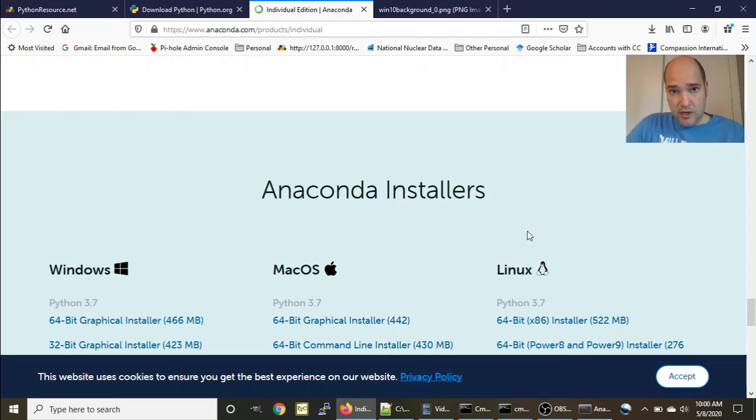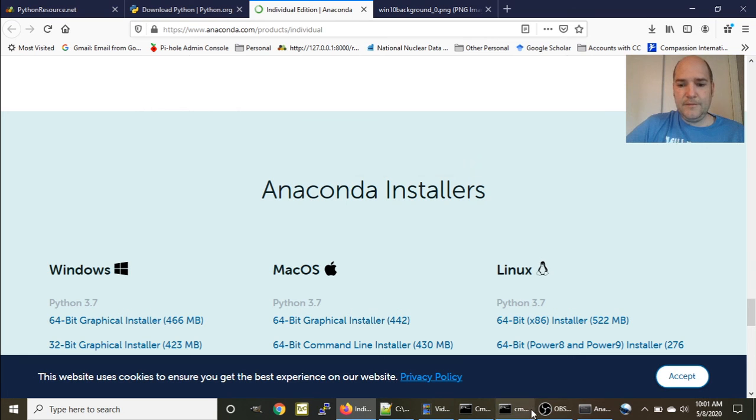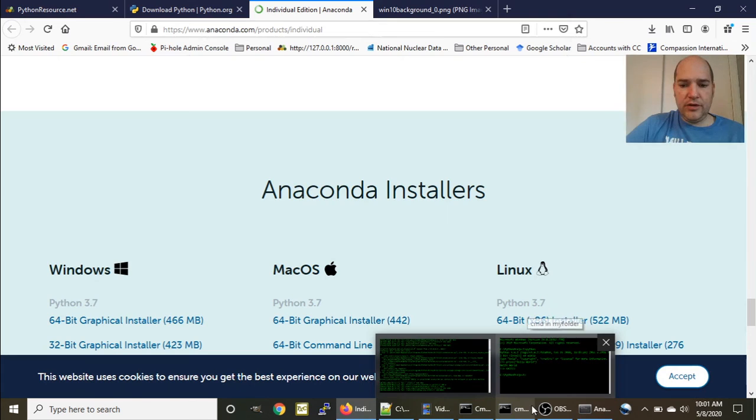And I'm assuming if you're smart enough to use a computer and YouTube, then you know what machine you have. So you can use Windows, Mac, etc. I'm going to click on the one for Windows, the 64-bit graphical installer. And again, you'll just get an executable file that's going to install Python to your machine. This one's a little trickier, but again, follow the recommended prompts and install it in a location that you desire. In my case, I followed the prompts, made the installation,